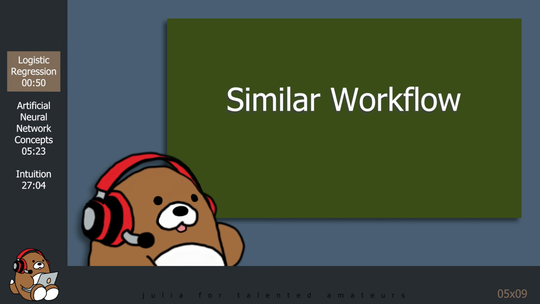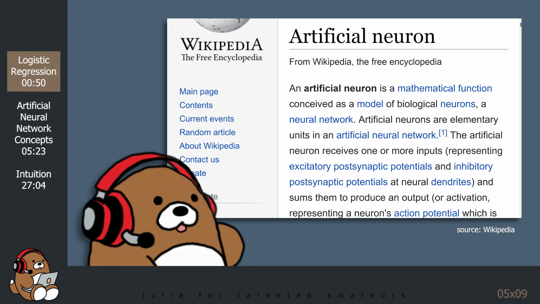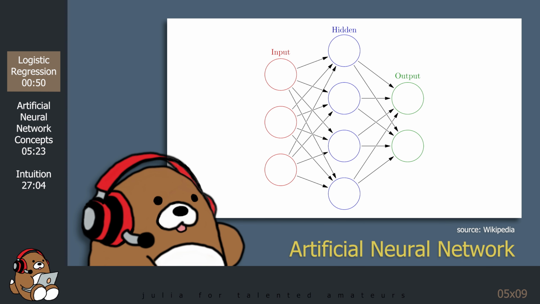Hopefully, this process sounds familiar, because the process that I just described is almost identical for both logistic regression and for artificial neural networks. You can think of logistic regression as a special case of an artificial neural network. Artificial neural networks are made up of a collection of neurons. Each neuron is like a mini logistic regression model. The difference is that the artificial neural network connects multiple neurons together in order to create a more sophisticated model.